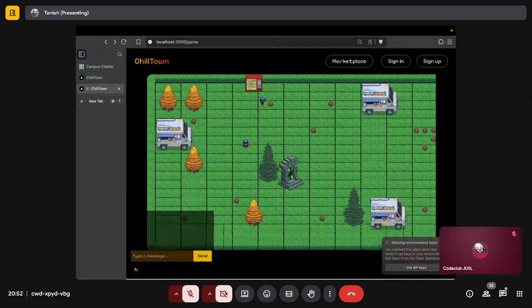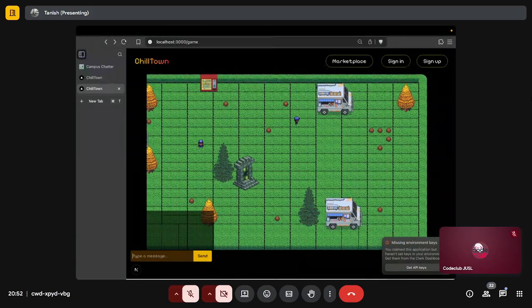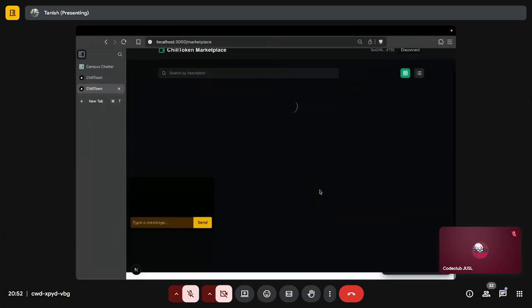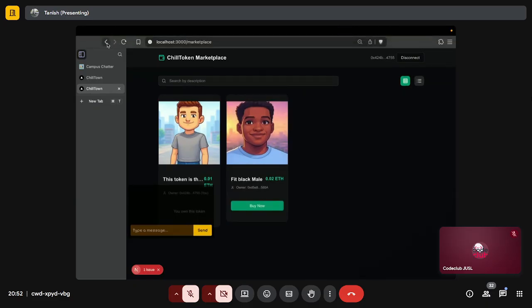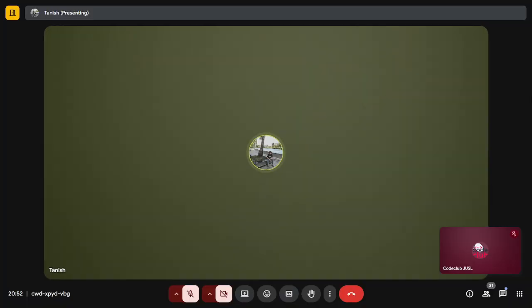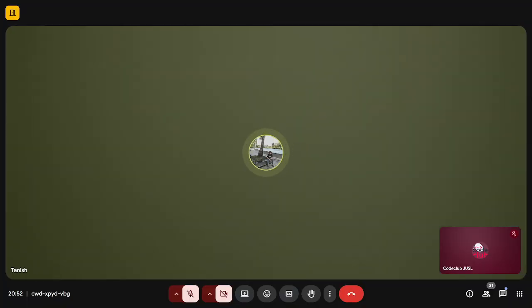But other than that, this is made with Phaser. So if any of you are interested in learning to make games using JavaScript on a web application, then you may be using Phaser. Unity and, I think, Unreal use C# and C++ for making games, but Phaser.js is purely JavaScript based, and you can make more games like this. And this also has, I think, a Web 3.0 marketplace. This is a smart contract type of stuff. And yeah, this is it. Thank you. I think now Somnath will take over.